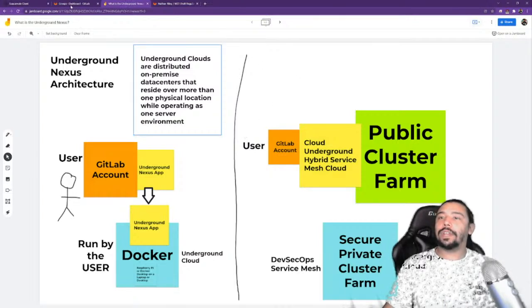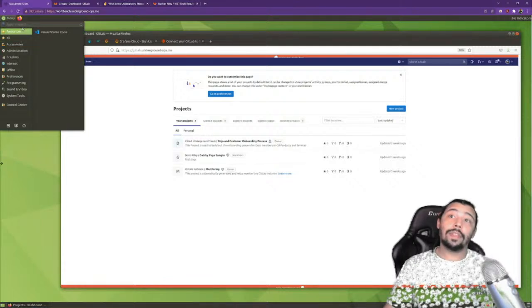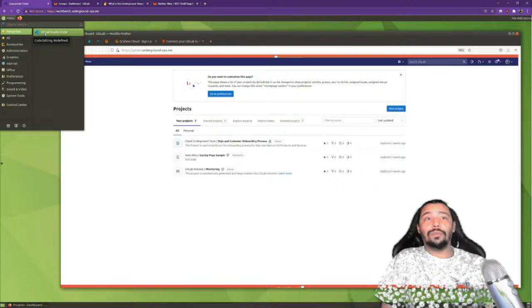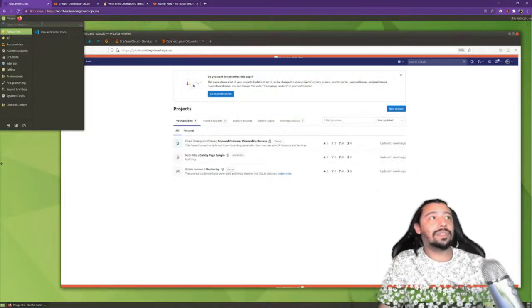So once someone has a GitLab account, what does the Underground Nexus look like? What would be running from your Docker? This runs out of a Docker environment or Kubernetes environment. Your Visual Studio Code, resources, all your hookups, all your plugins, it centralizes all of that.